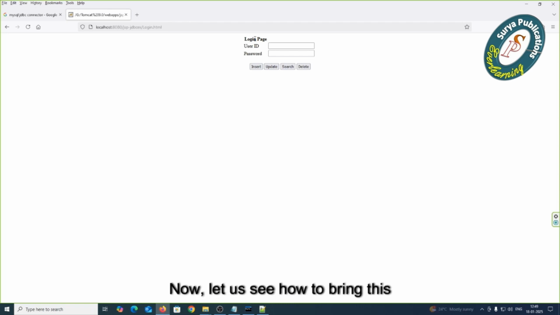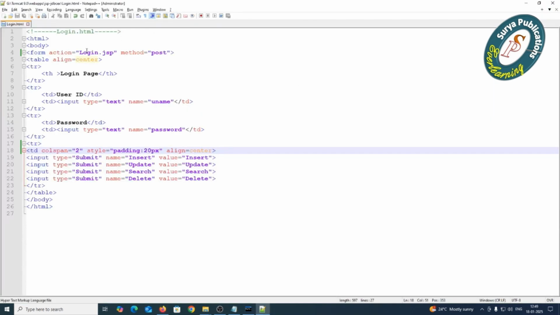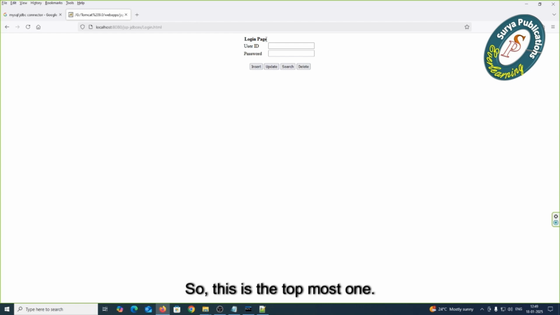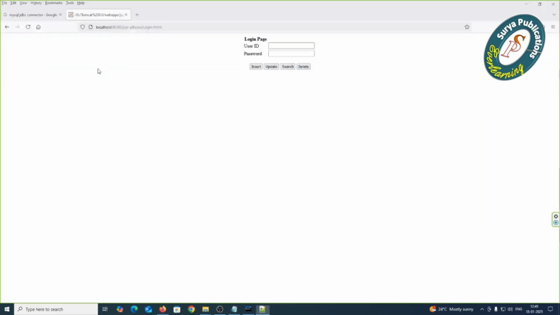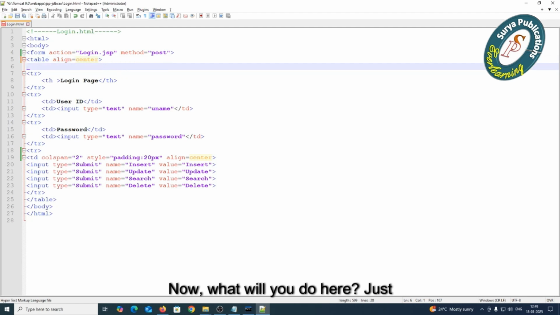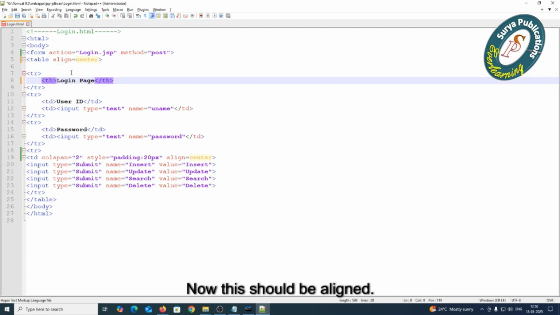Now let us see how to bring this login page into center. So for this, what should we do? So this is the topmost one. So how can I make this? Now very simply, you got the table to be aligned here. This is a header of this table, login page is a header of this table. Now what will you do here? Just enter, you go with one thing, that is here you got this table header as login page. Okay, now this should be aligned. So for this, what should I make? That I should think of. So I will make like this,